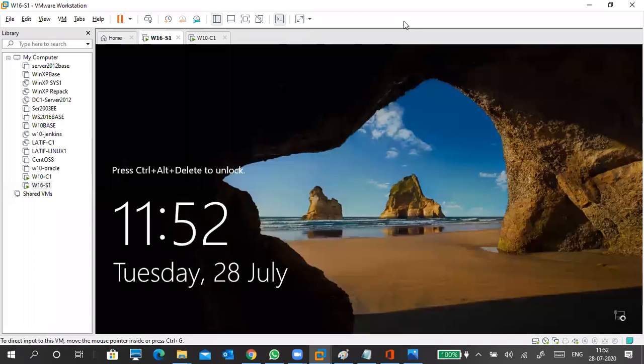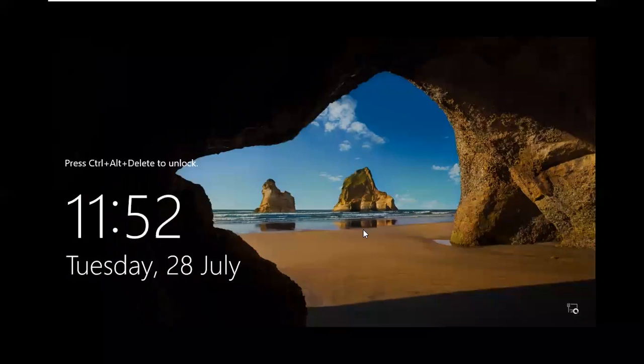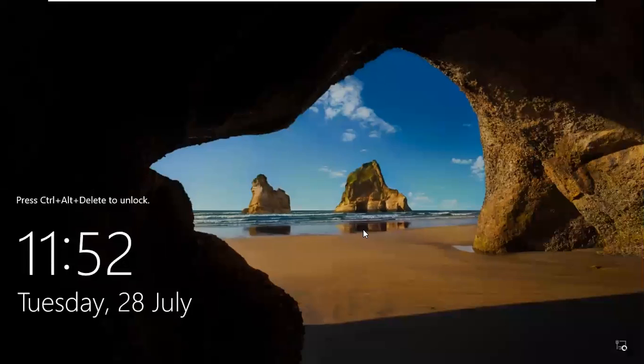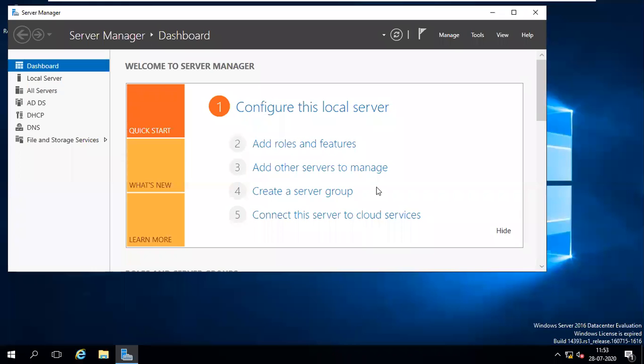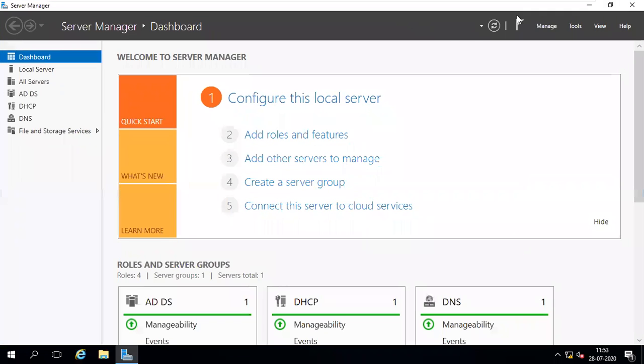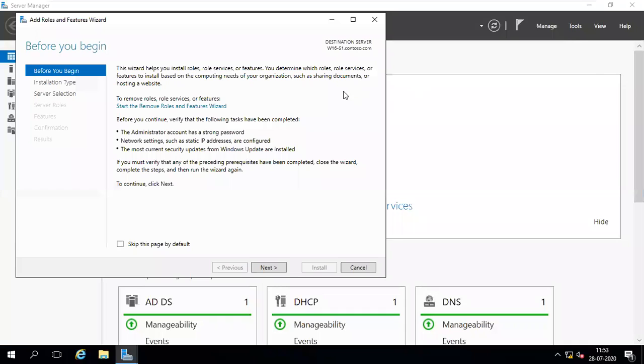Guys, to install any role, what to do? I'm putting it in full screen mode. So see, this is Server Manager, which I'm going to manage. To install roles and features, go to Add Roles and Features. I'm installing on my domain controller only.